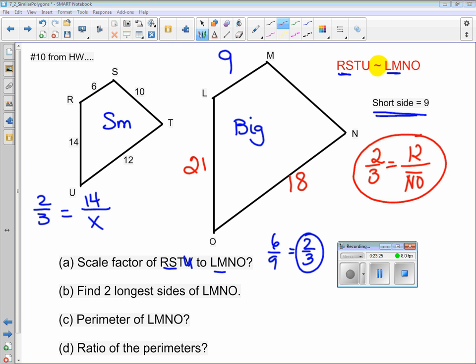Okay, so show me that we call that a proportion. Show me the proportion. And what did I use to get to it? I used the scale factor, right? And then I used of the original, and then I used it to here. All right, so